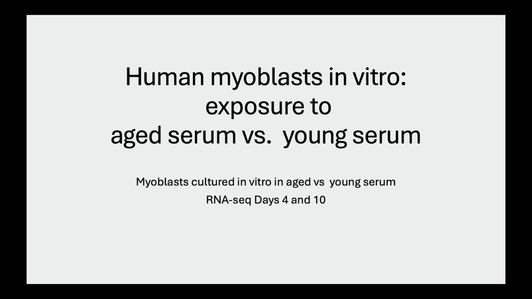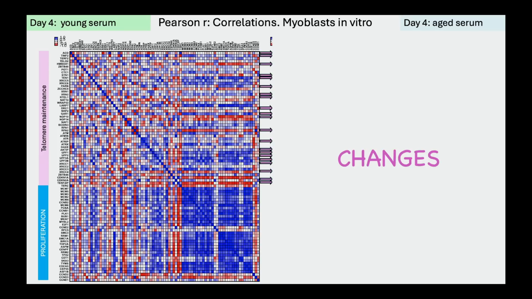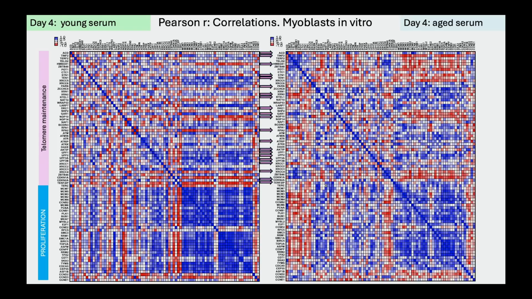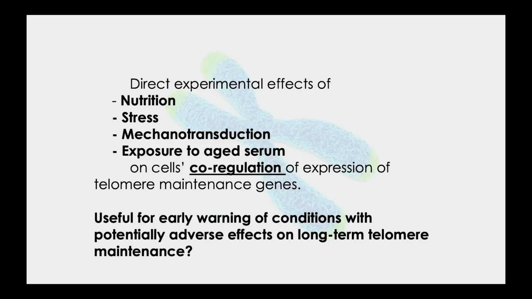Okay, so there are interesting ideas for regeneration. For example, if you expose myoblasts in vitro to aged versus young serum, and I'm just giving you vignettes, the telomere pattern in the young serum is somewhat different from what you see in the older serum. It's a confusing pattern, but you can see the patterns have changed already. So perhaps this way of simply looking at the patterns of gene expression in multiple samples is useful for early warning signs.